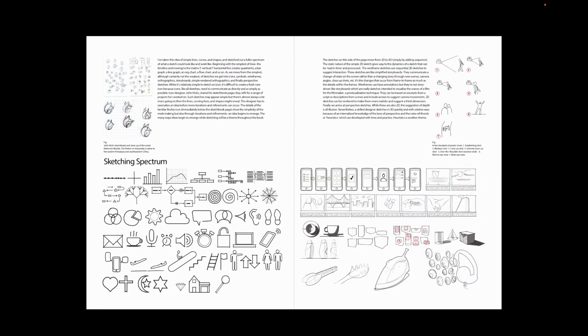So here's the full spectrum going from the low fidelity end all the way up to the high fidelity end. And one of the things I'm trying to do in the book is to say, look, they're all interrelated. They're all based on line, they're all based on spatial properties, while perspective relies on laws of perspective with vanishing points and horizon lines. It's still line, and there's a power in line, a power in space, a power in shape, and they just take different formats.